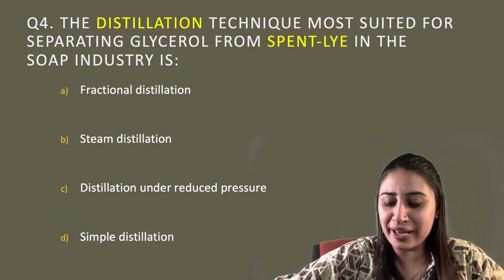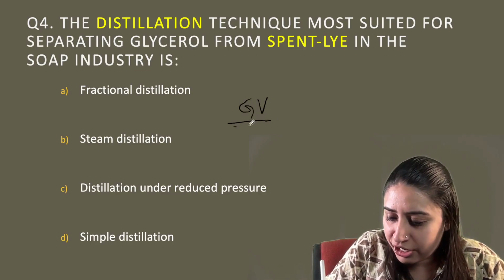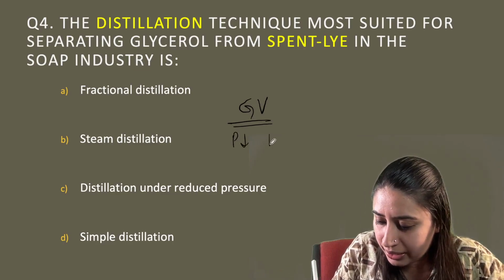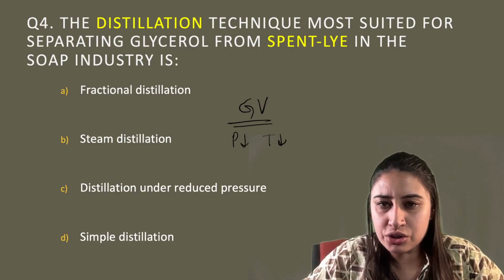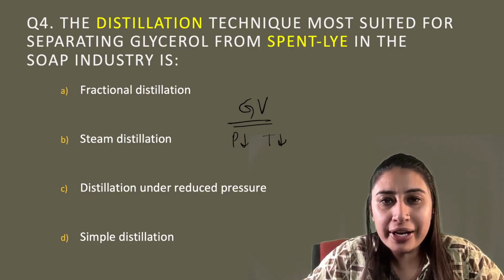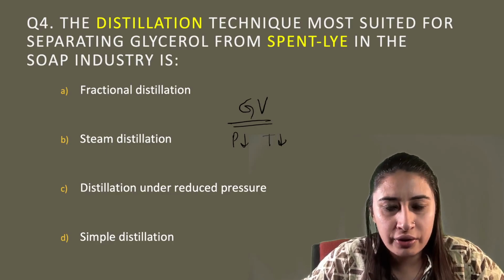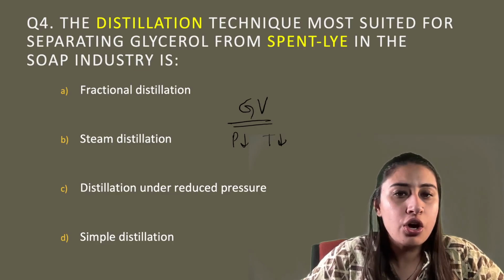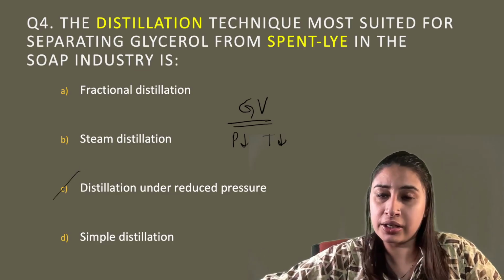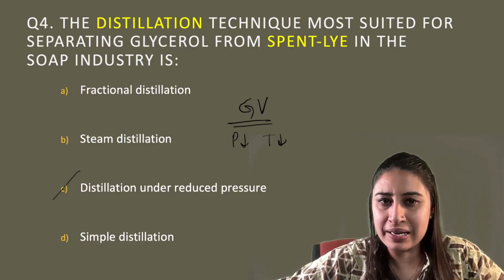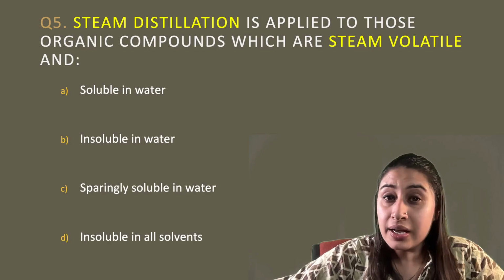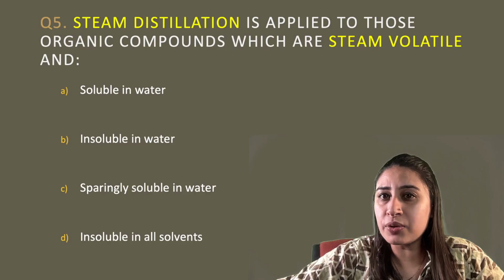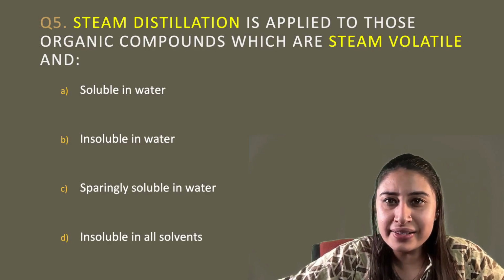So before reaching the boiling point only we are separating it, thanks to the reduction of the pressure. Gay-Lussac law we can apply. So you should know GV, Gay-Lussac law, volume constant. Hence, if the pressure is low, the temperature is low. There is a direct relationship between temperature and pressure. So boiling point decreases on reduction of the pressure. So either the answer could have been vacuum distillation or option C, distillation under reduced pressure. Both mean the same. Next, steam distillation once again is applied to those organic compounds which are steam volatile and,